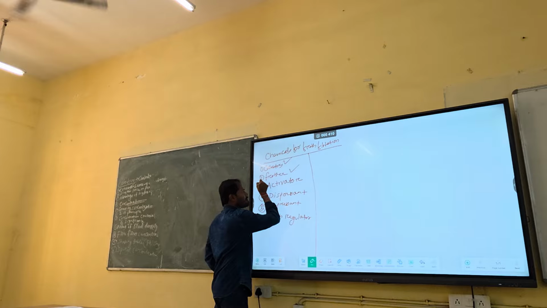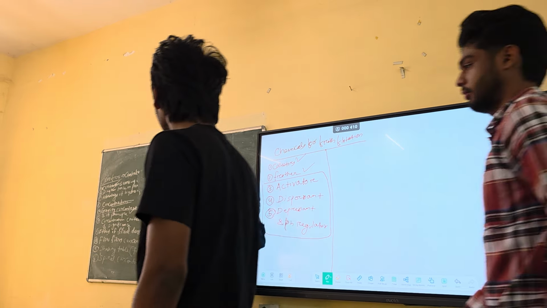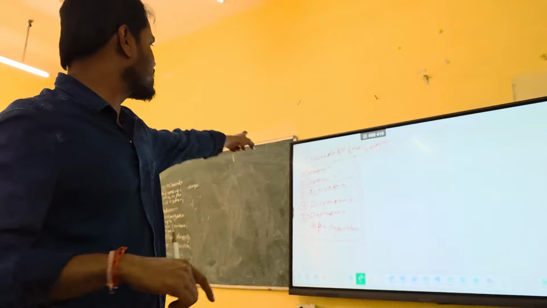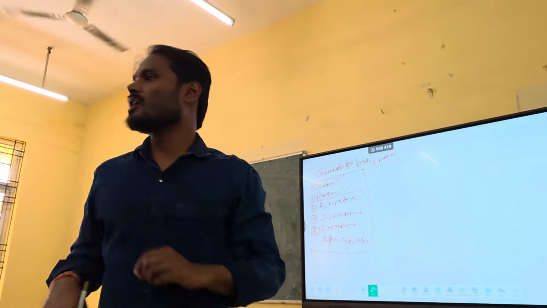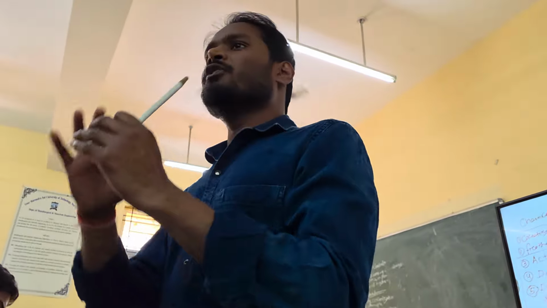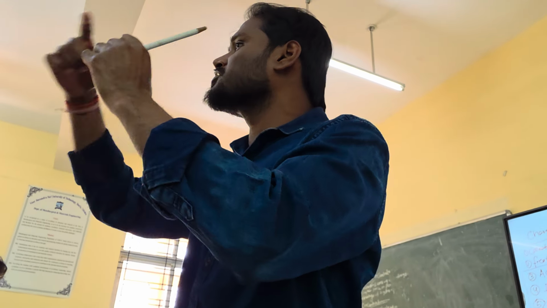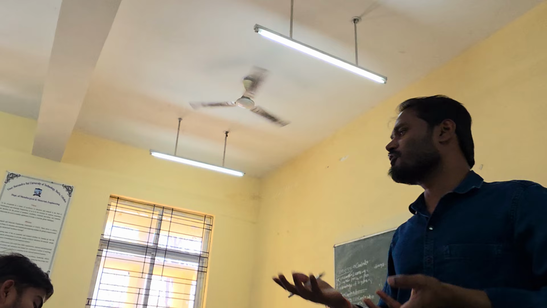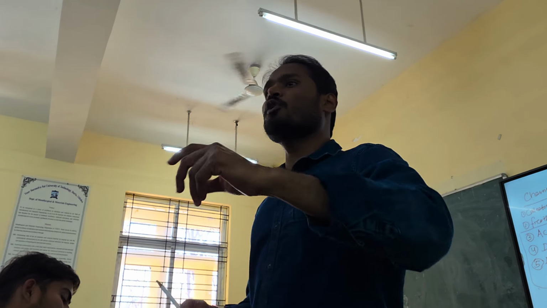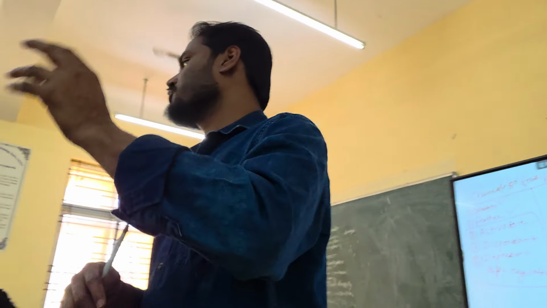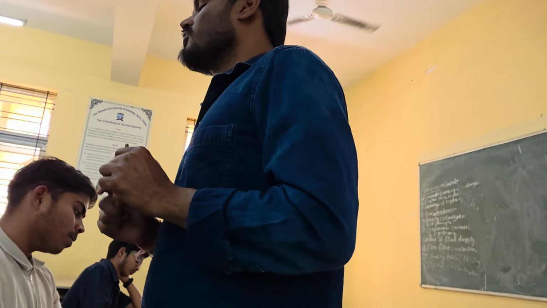Next we'll move to, if you remember, these all are actually what? Modifiers. If you remember, the third chemical is modifier. All these are 3, 4, 5. These are modifiers. So a modifier is one of the chemicals which will modify the surface nature or surface chemistry of the mineral itself. In a simple way, modifier means it will modify, of course. What will it modify? It will modify the surface nature or surface chemistry of the mineral which you want to float or which you want to settle down, whatever.